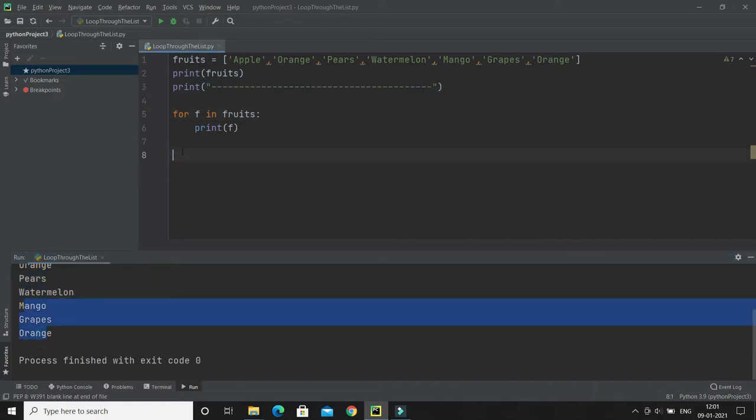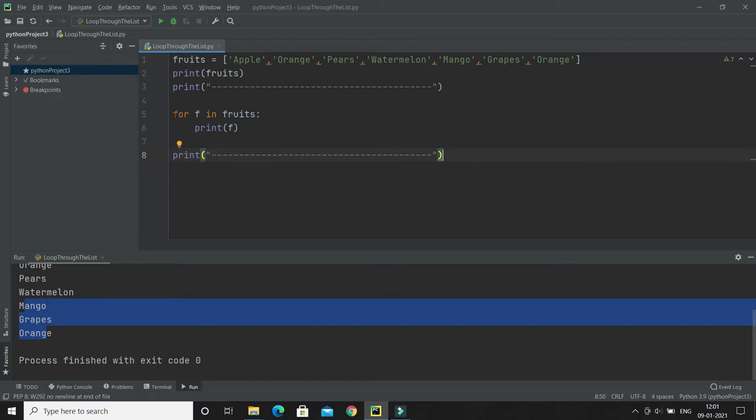Now let's move forward and see how we can loop through the list items in some other way. You can also loop through the list items by referring to their index number, and for that we will use the range and len functions to create a suitable iterable.